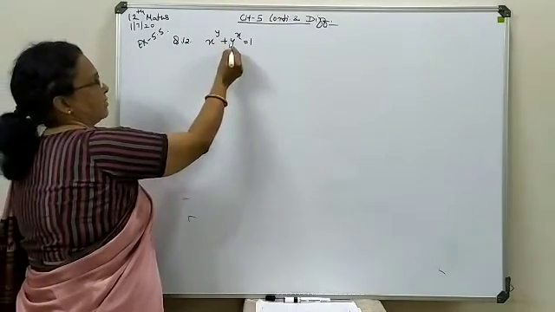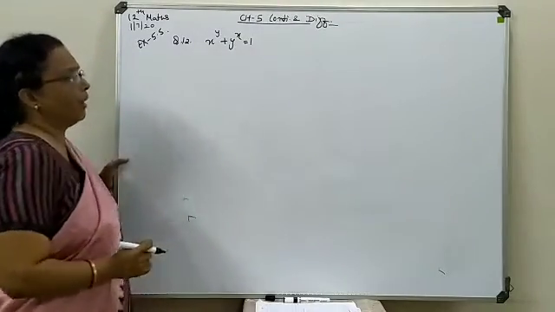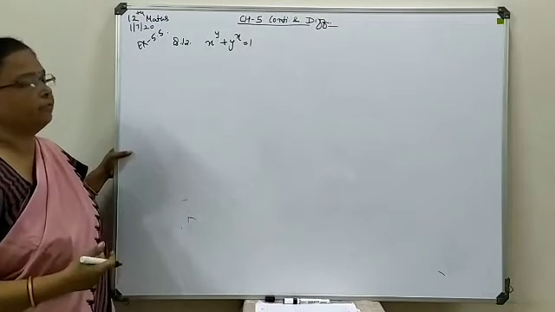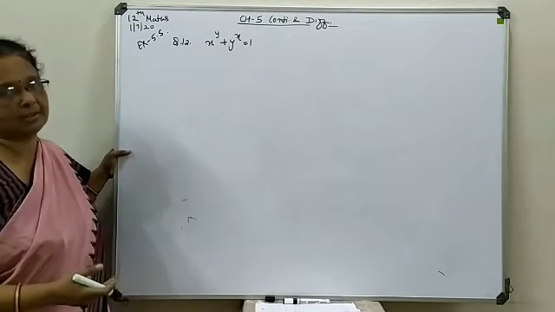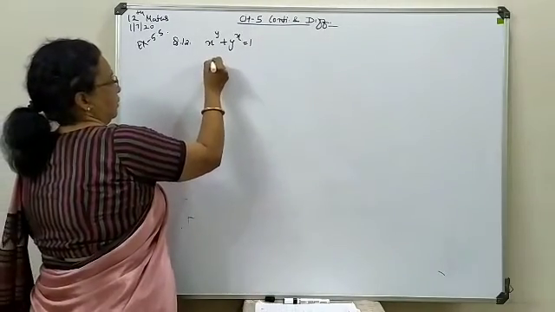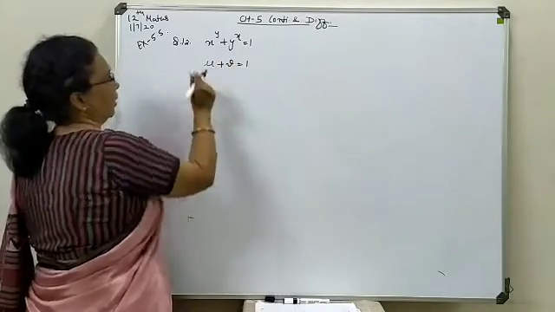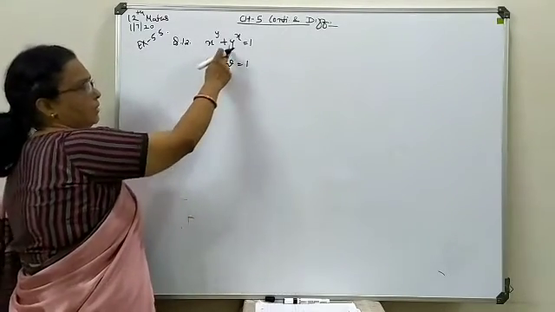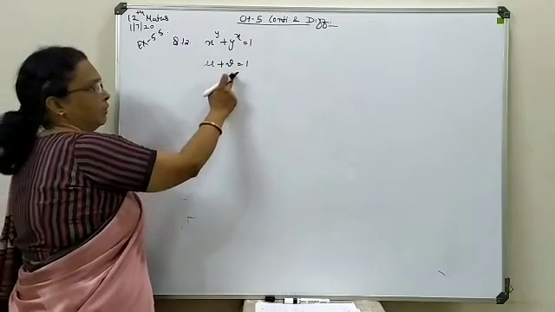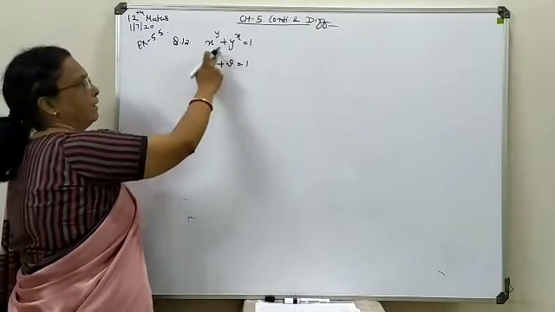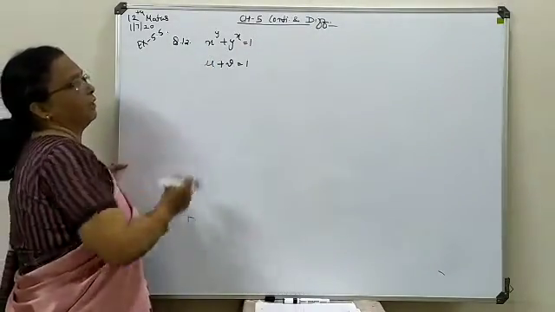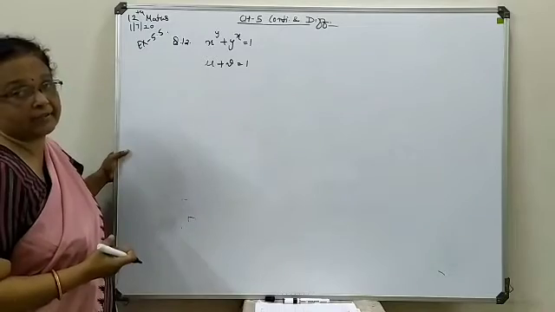x power y plus y power x is equal to 1. Up to now, in the questions we have discussed, terms were written on both sides. Here only one side has variable terms and the other side is a constant. So first of all, suppose the first term as u and the second term as v, and write this as such. Now we will find the derivative of these terms, and while writing the derivative of these two terms you will separate out dy by dx, because the terms are available in a combined form of x and y.